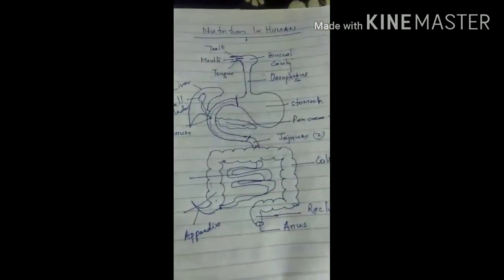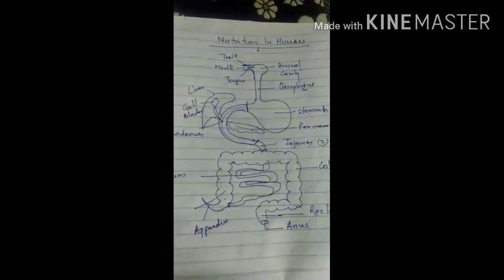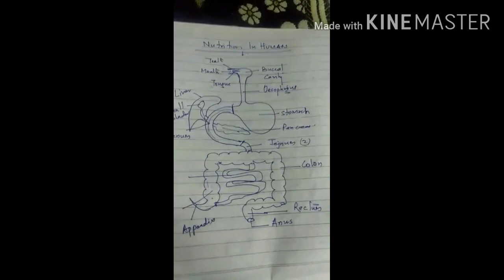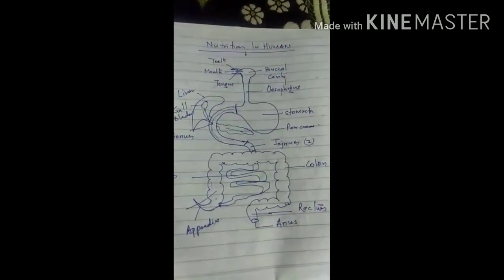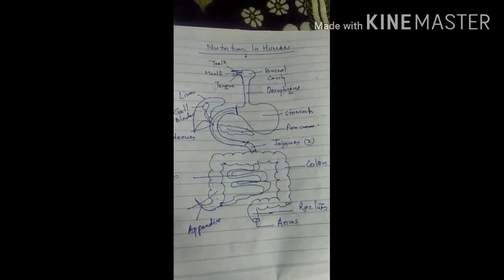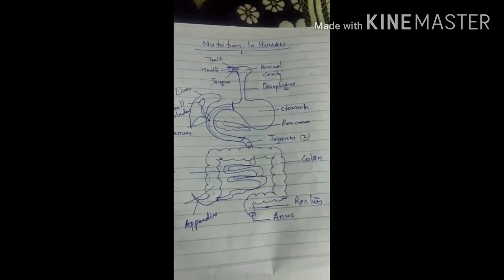Hope you are able to draw the diagram of the human digestive system. Most of the time the diagram or the names will be asked. So first of all, this is the homework for all of you. Draw the diagram, prepare it, try well, and try to name it out, as well as in sequential basis the names and the structure of the human digestive system.